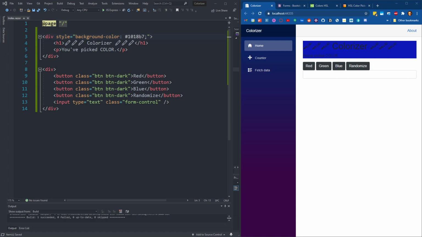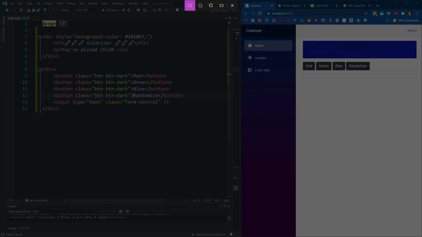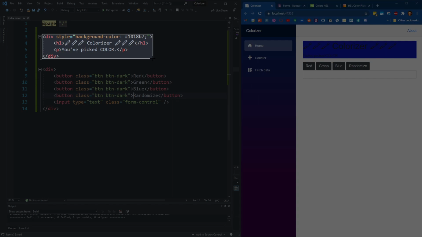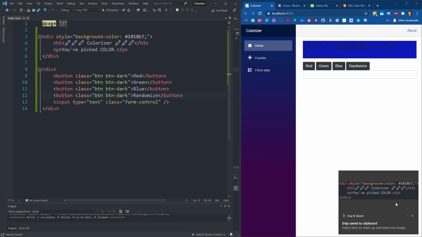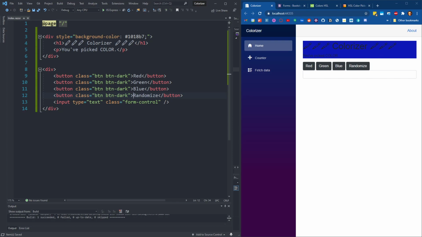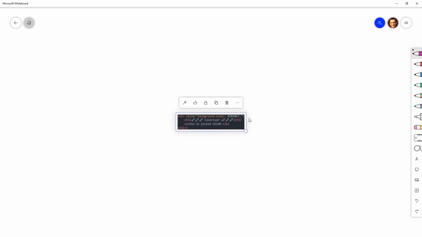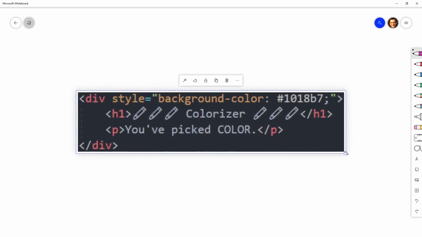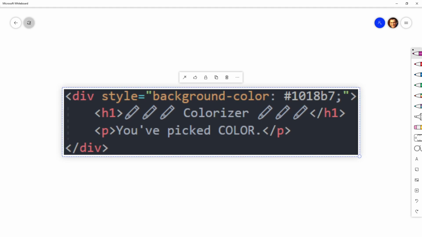Let's take a quick second to break down this styling in a whiteboard. So I'm going to grab a screenshot of this code snippet, and grab a fresh whiteboard, paste it in. And grab my tablet. All right, so when we specify our styling like this would be called inline style or